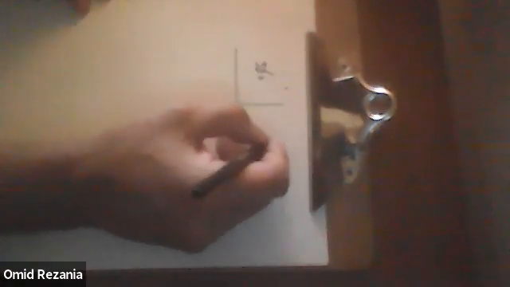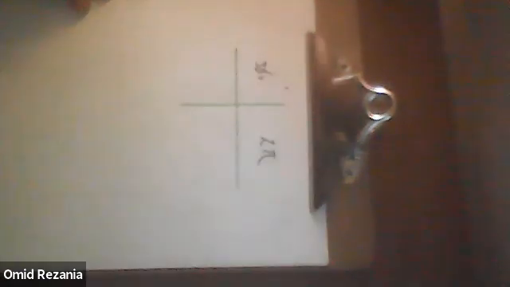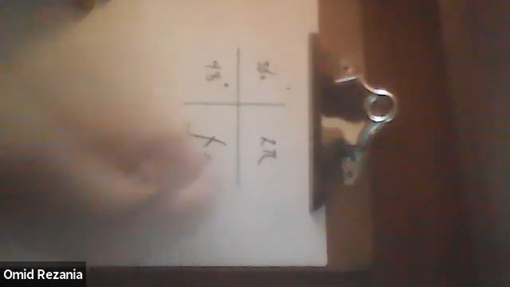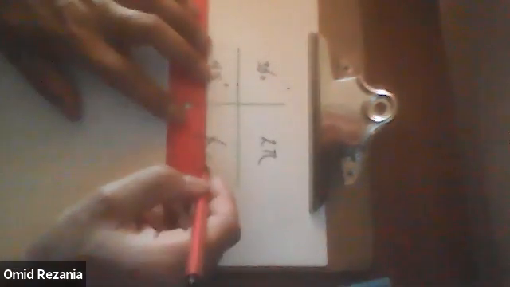Guys, we said previously that 360 degrees is essentially 2 pi radians. And now, how about 48 degrees? How many radians is that going to be? It's a simple proportionality, which becomes 48 times 2 pi divided by 360,